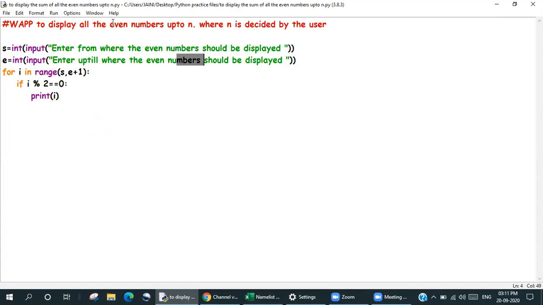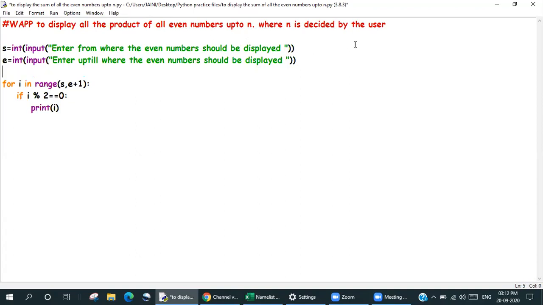But over here now we are going to display the product. Let's do the product over here of all even numbers. Display the product of all the even numbers. Now what will I do? Now over here I'm going to take a variable called product, and I'm going to give it the value 1, because in product we have to multiply it by 1 to get the correct answer.